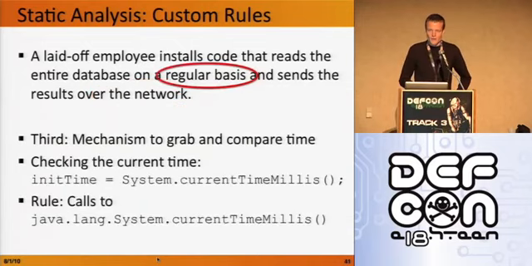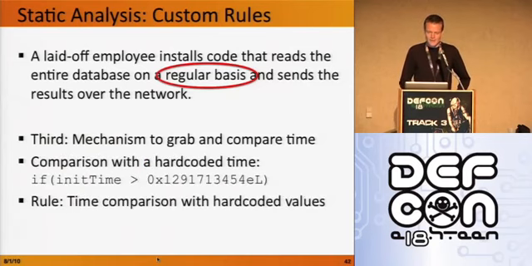All right, on a regular basis. Most applications don't depend on fixed points in time. That's not to say there aren't legitimate reasons why they might, but if you're checking the current time, that's a breadcrumb. That's something interesting. You're not going to do that in a million places in your code base. So a manual reviewer looking for insider threats could afford to look at all the places where you read the current time and check on what you do with it.